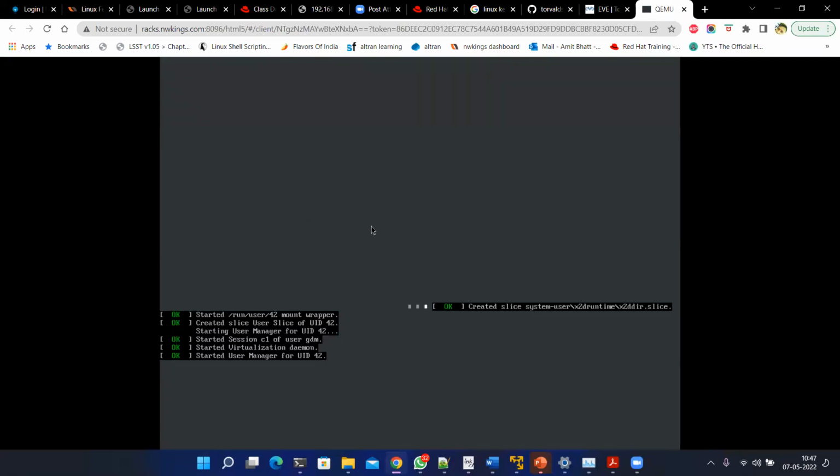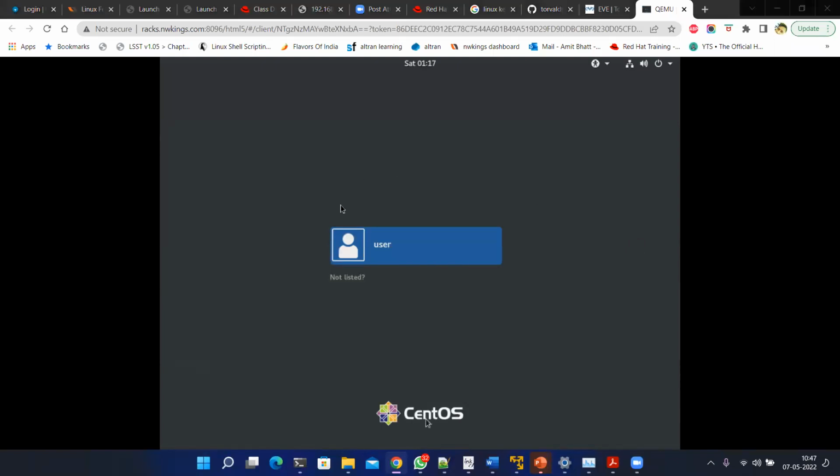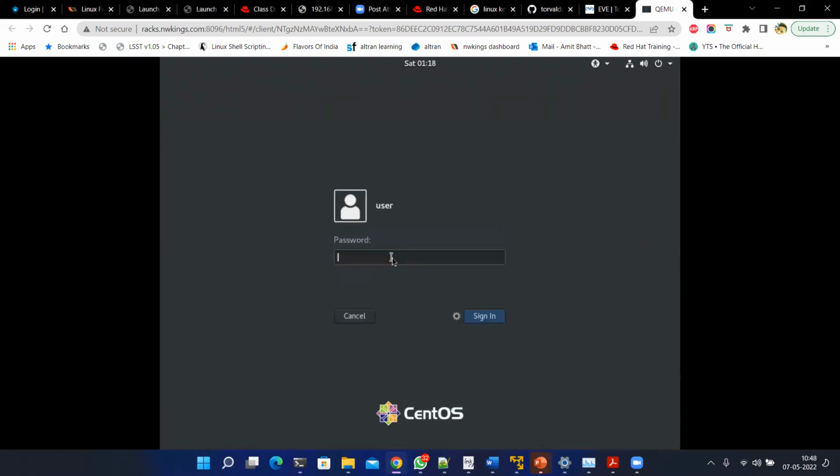Once the system is booted, you will see the login screen. So this is the login screen. CentOS is at the bottom. To log in, just click on the user. The password is test123, TEST123, with a capital T. Obviously, you will get all these details in an email from the networking team. So guys, today is just the introduction part. I'm just trying to explain what we are going to do and how we are going to do it.